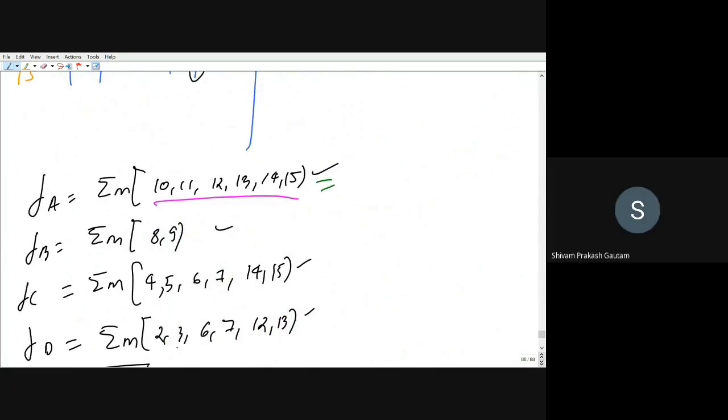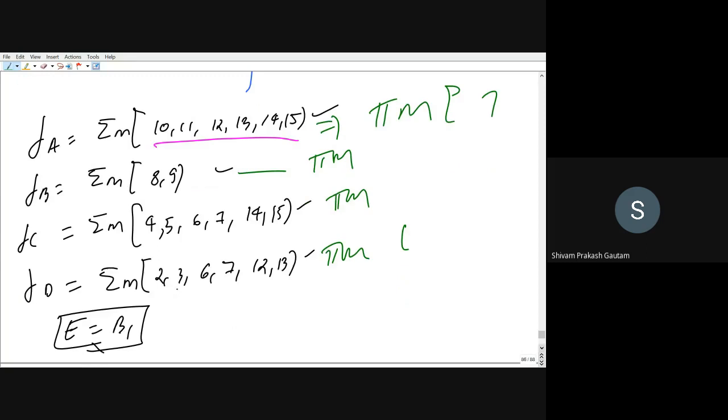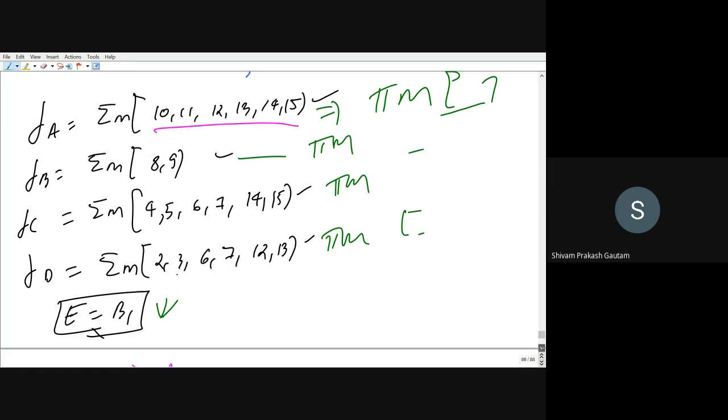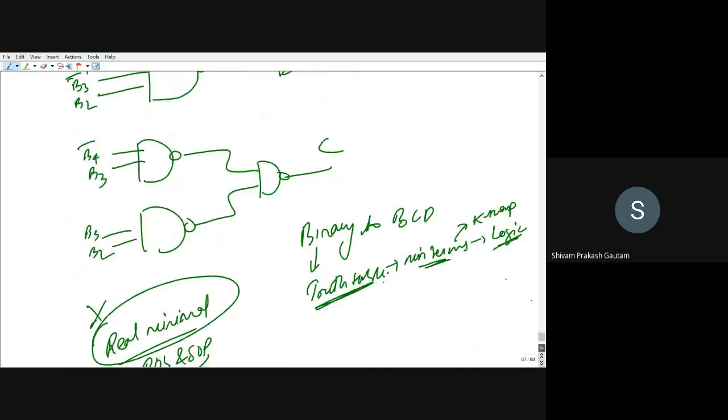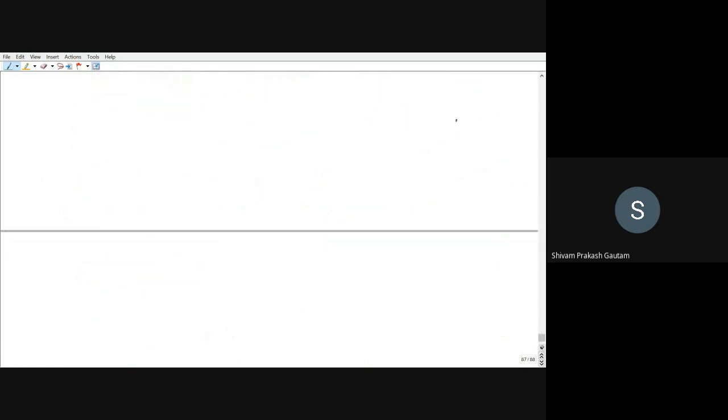Yes, right. So here you see you are having the max term. So you have the min terms, so you can calculate the max term, whatever the remaining terms. Here also you can calculate the max term. Here also you can calculate the max term. Are you getting it? And from this max term, you can draw the K-map and then you can calculate the logic. So this is from binary to BCD.